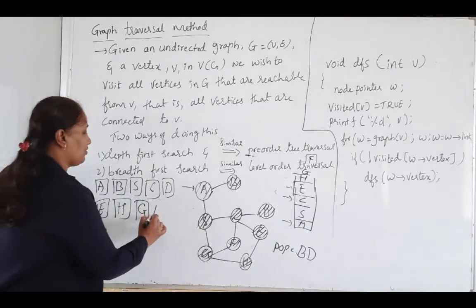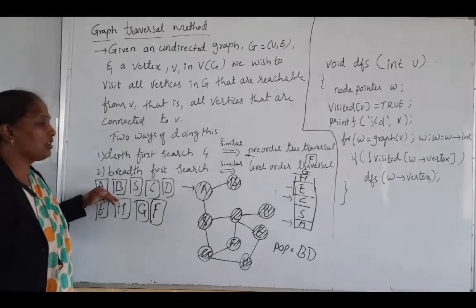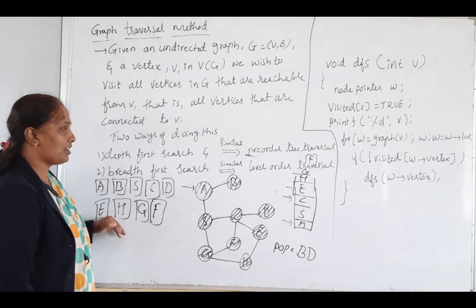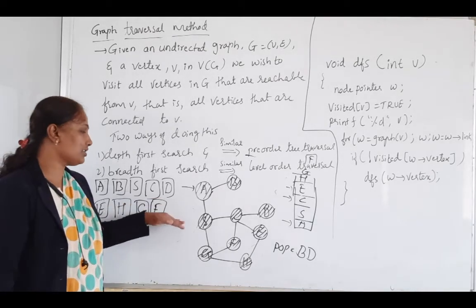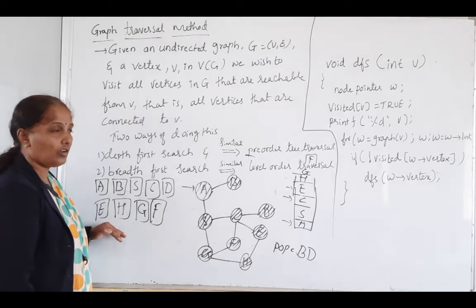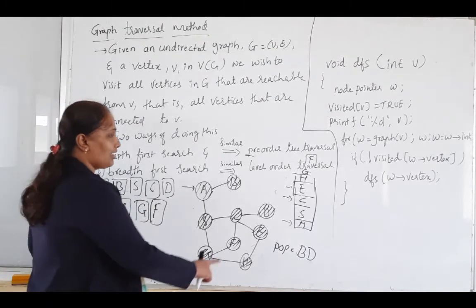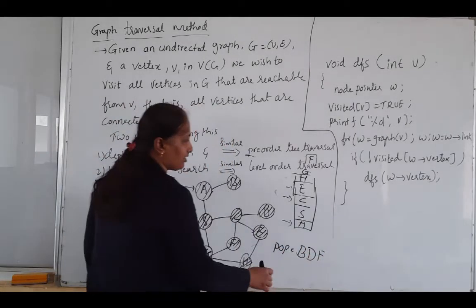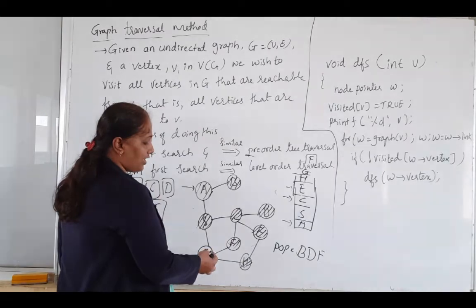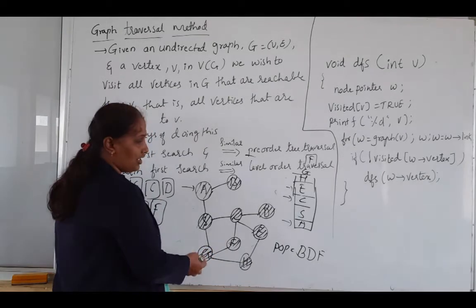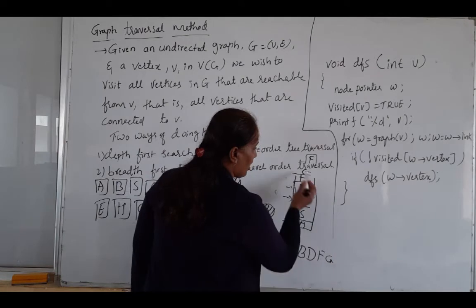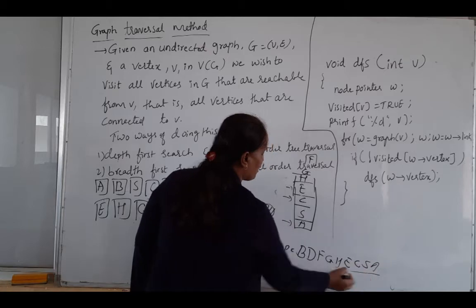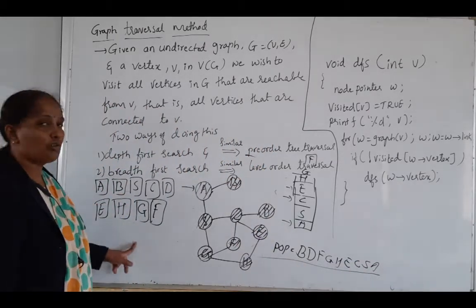Okay. So, this is the push order list of a DFS, that is depth first search. When I apply depth first search, I get this order. Once I visit F, is any other vertex connected to this? No. So, I will pop that from the stack. Next, I come back to G. Is any other vertex from this G not visited? No. So, G will come out, then H, then E, then C, then S, then E. This is the popping order and this is the push order.